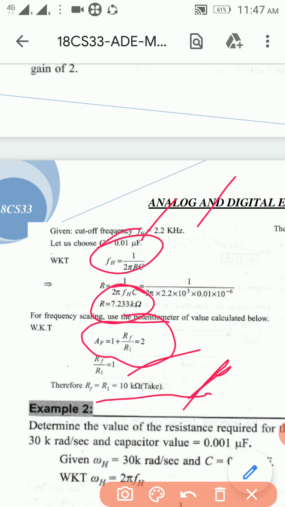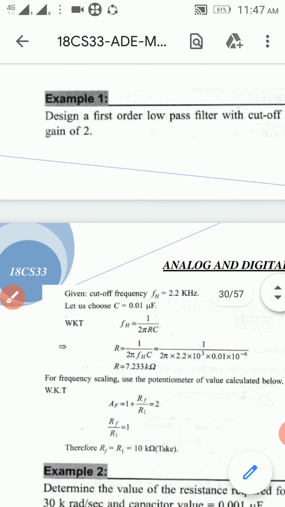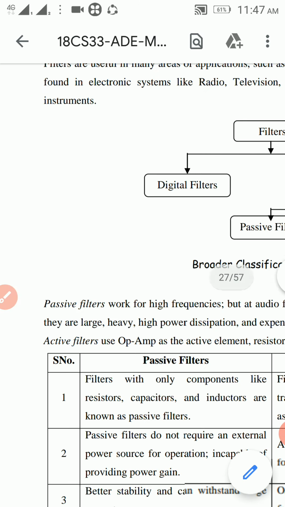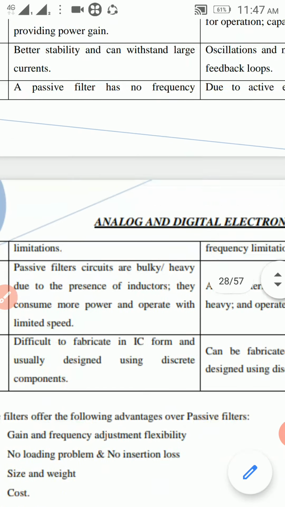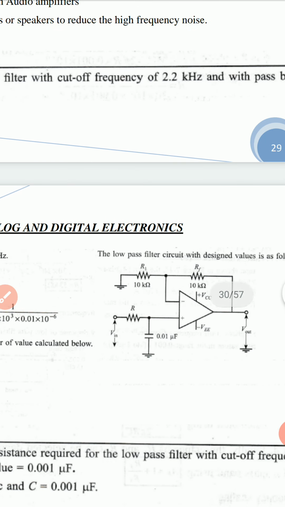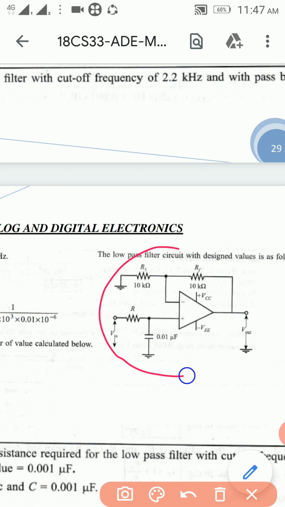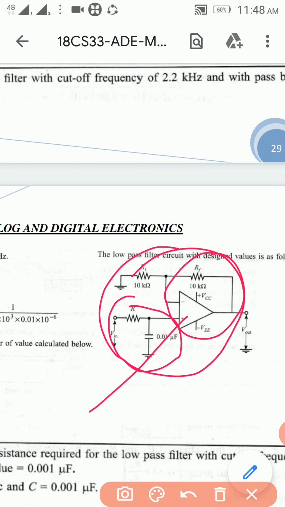If there are two or more unknown values, one we have to choose as a standard value. So that is what exactly the equation is. And coming to the circuit diagram, you should remember it, because it is not given in the problem. This is a first order low pass filter, so you should draw this circuit: remember, the circuit of first order should be like this, one RC and an operational amplifier. You should remember this circuit.